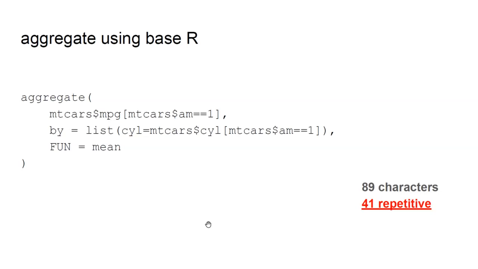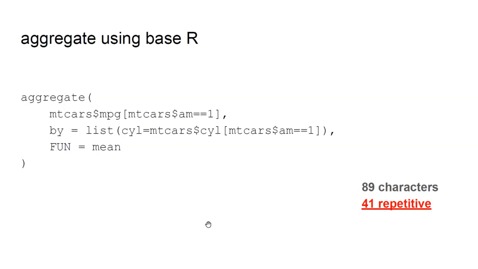So here, we want to aggregate and calculate the mean in the data frame mtcars, where column AM is equal to 1. And we filter for this, and we want to calculate the mean of the MPG column. So this filter on the AM column we have to apply multiple times. It's not only more to type, but also this has to be evaluated twice. So some parts of these queries are unnecessarily calculating the same information